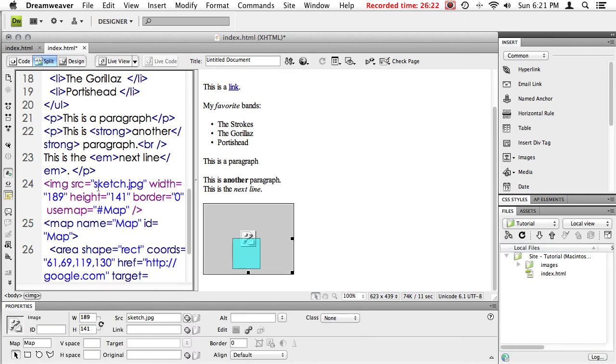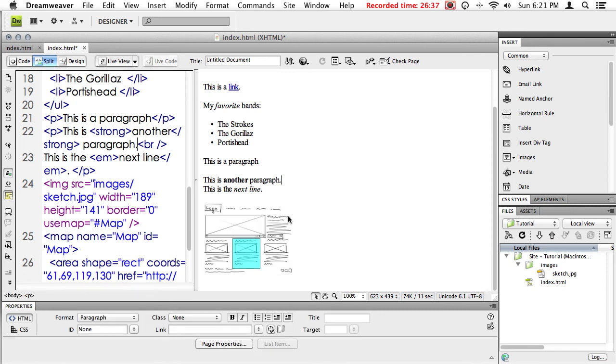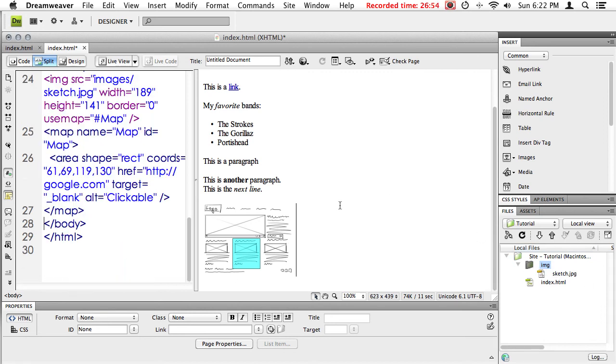So what I have to do is I have to tell it, well, hey, it's actually inside of a folder called images, which is right here. Inside of there, you'll see that we have sketch.jpg. So if I type images/sketch.jpg, now it's able to find it because it knows to look inside that folder. Now, what if I actually change the name of this folder to just img, which is often used? I haven't moved the file, but I've renamed the folder that it's inside of. If I click here,